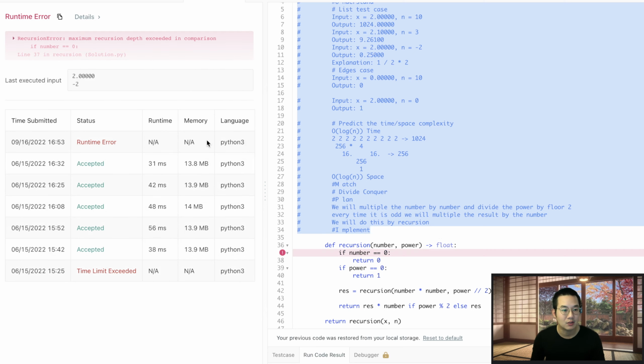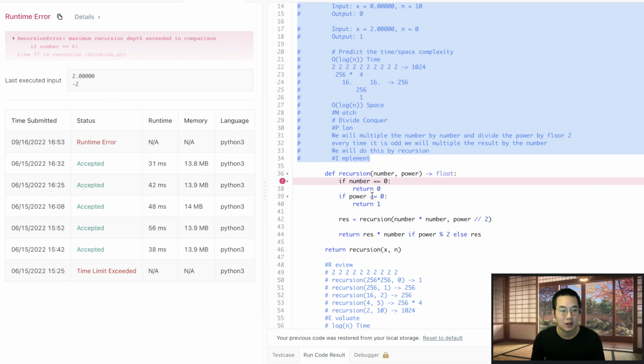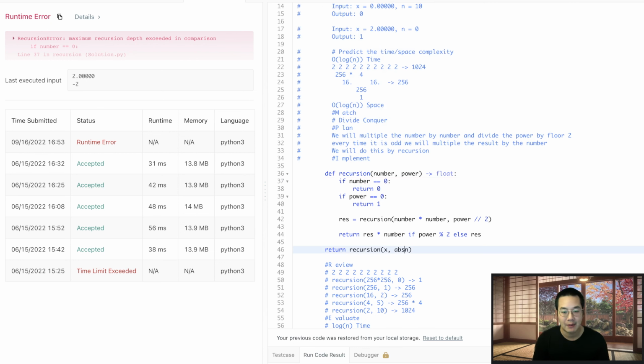Oh wait, we can't do that, because we do need to do something. So absolute value of n, we forgot to test our test case of -2, and so what happens is that our result is wrong. We did not test our test case of -2. So return 1 over result if